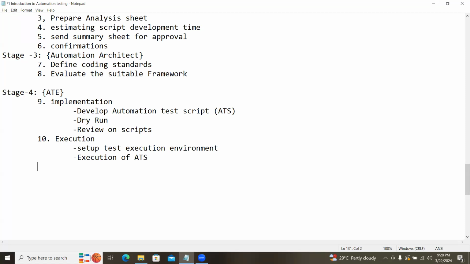Once the execution is completed, what happens? Your tool is going to do the testing and provide the result. Reporting is there. Now what do we do here? Once the execution is completed, any automation tool by default will provide some result. We have to analyze the test results. Based on that, we can go for reporting defects. We have to report the defects. Then there is